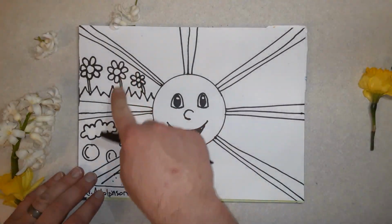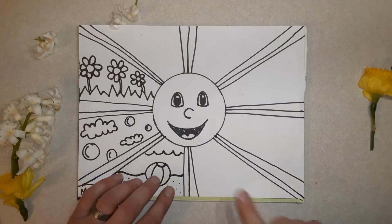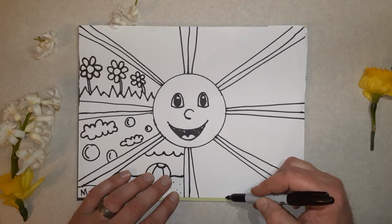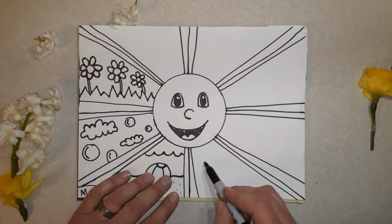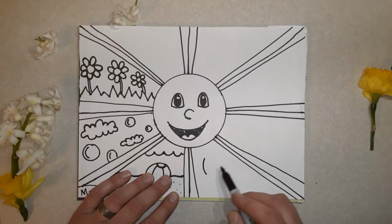All right, so we've gone from flowers to clouds and bubbles to the beach. Over here, we're having a campfire and roasting a marshmallow. All right, let's do it. Now for the fire. Well, let's do the fire last. Let's make that delicious marshmallow, which is basically just a square or a rectangle, but it's kind of curvy,